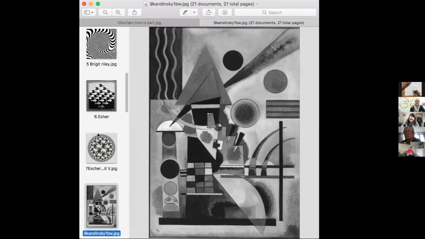And here we have Kandinsky, who actually worked a lot in color, but I've turned them into black and white images just to see his form and the different shapes that he used in his work, and the way his shapes overlapped and crossed each other to create different images.